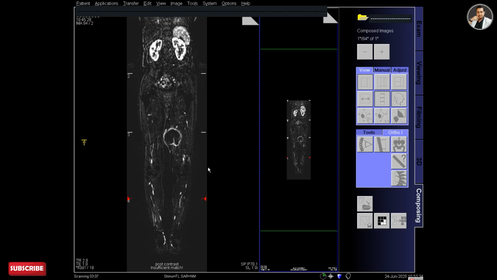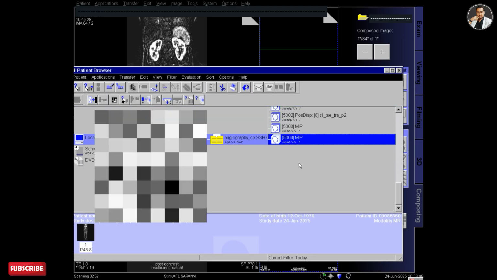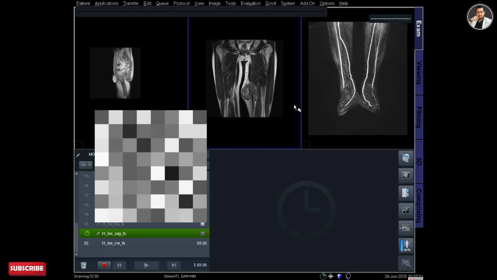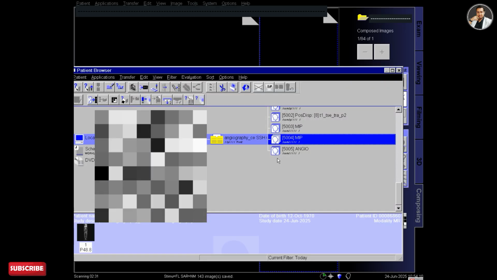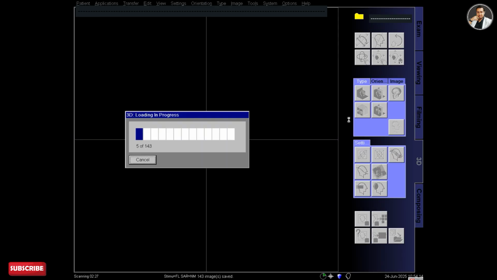You have to save this series, and it will also take time for saving because there are lots of images. And now from the browser, select this angio that I have saved from the composing and drag it to the 3D.